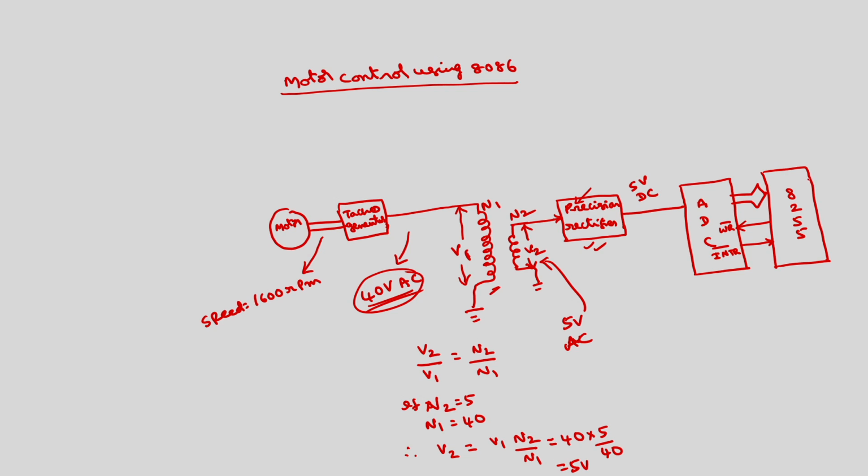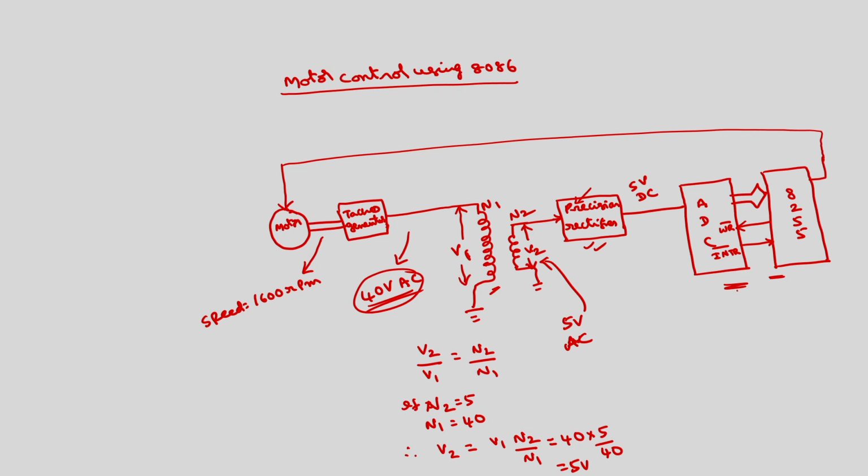This 8255, another port of this one, we can use to control the speed of this motor using some feedback mechanism. We set some value here, a set point. I mean I want to operate at some speed. If it is more than that, we can activate some sort of brake or something like that. So, we can control the speed of the motor.